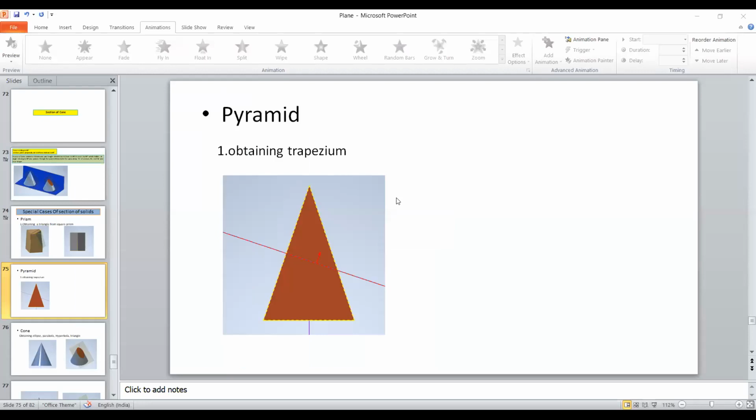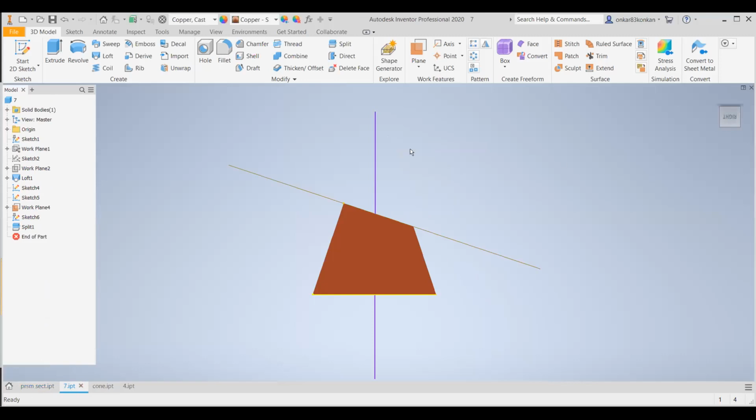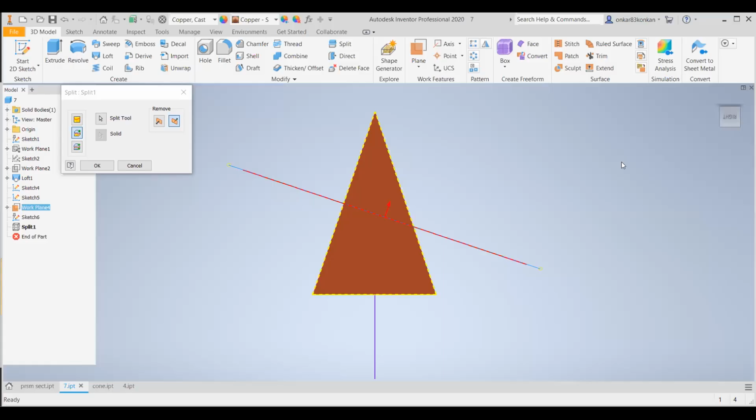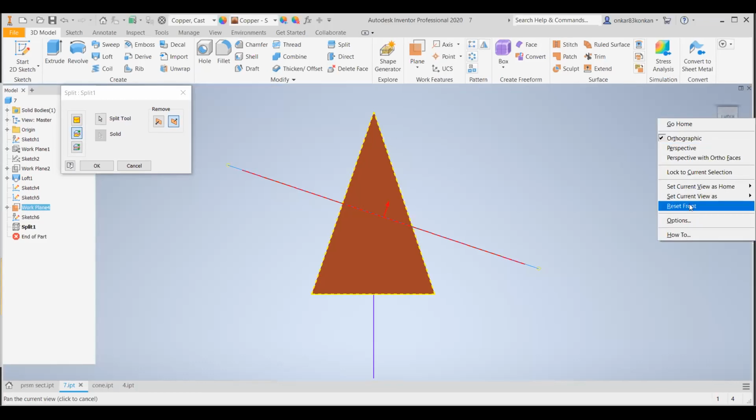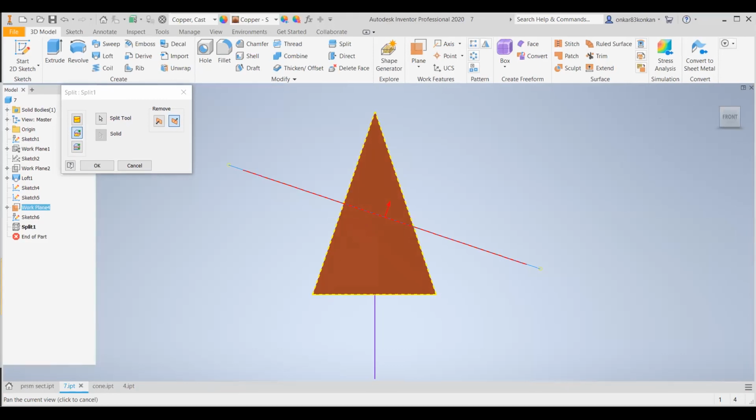So you can observe here the position of the section plane in 3D. So here the square pyramid, assume it to be resting on the horizontal plane.